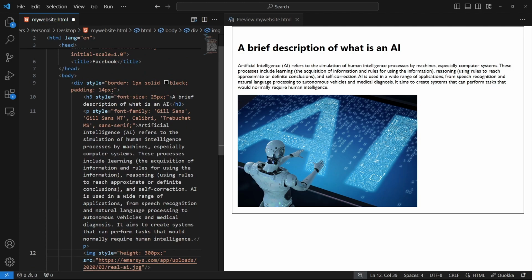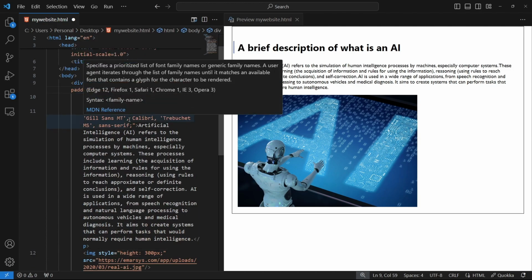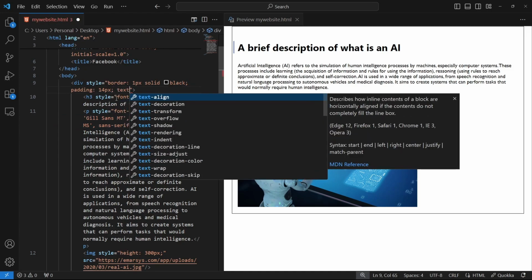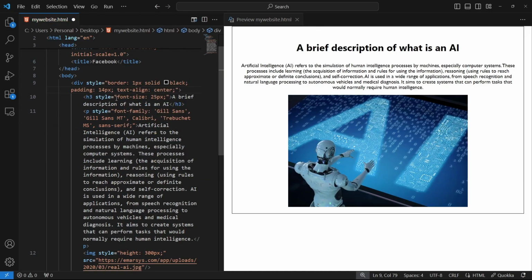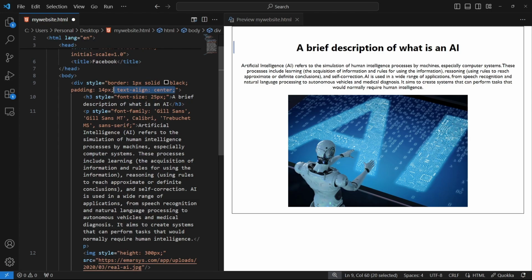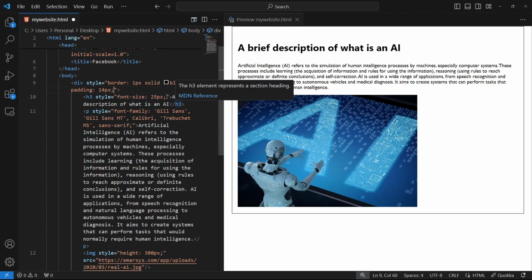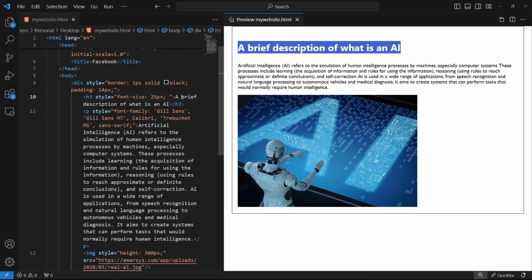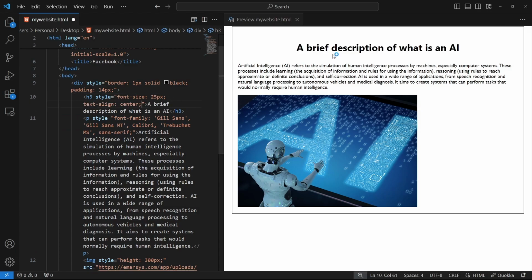So what I want next is I want this to be on the center. So let's try to add text alignment on our div. So text align center. Ayun, nag-center yung vlog natin kasi dito tayo nag-add sa div natin. Pag dito lang natin i-add sa H3, yung H3 lang mismo yung magiging center.